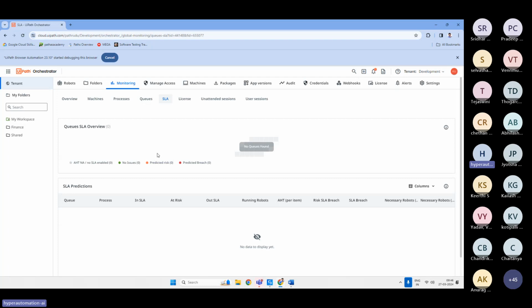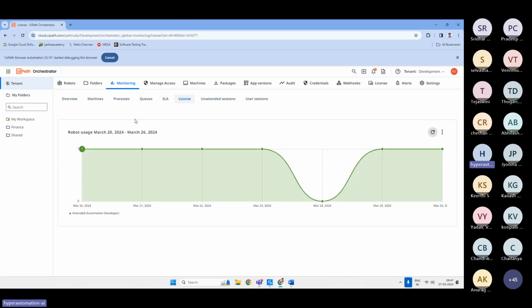In case it reaches that time or extends, if it is processed after that time, then we will have an alert here that it was not processed in time. So this also we can check here, right? We can check the licenses. So monitoring is like to check all your activity, all your robot activity, all your processes, and all your transactions,